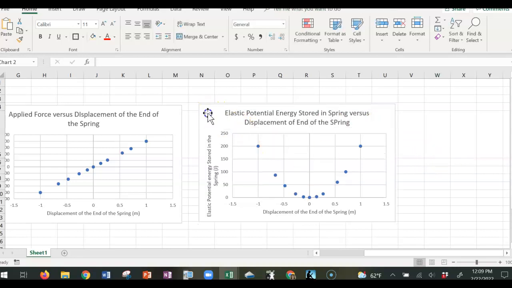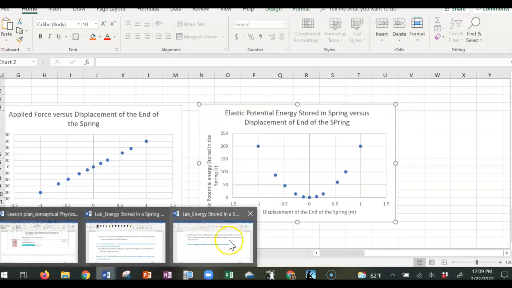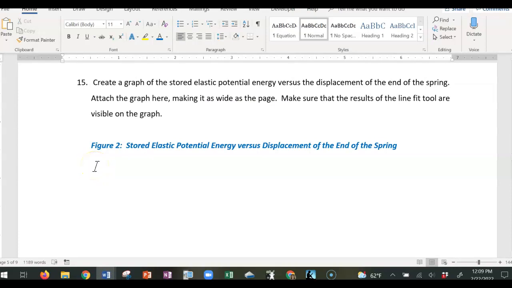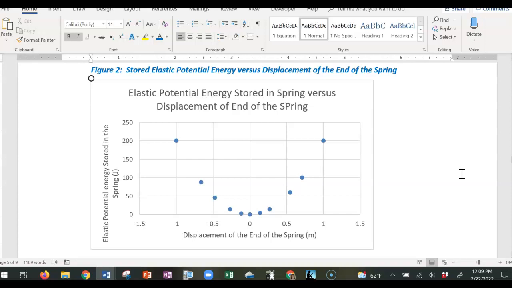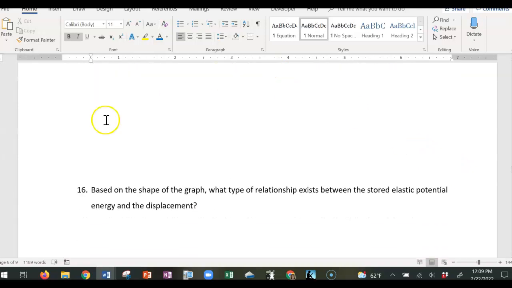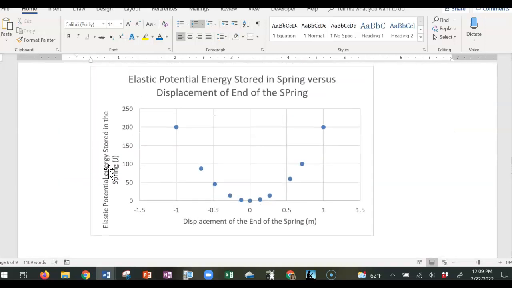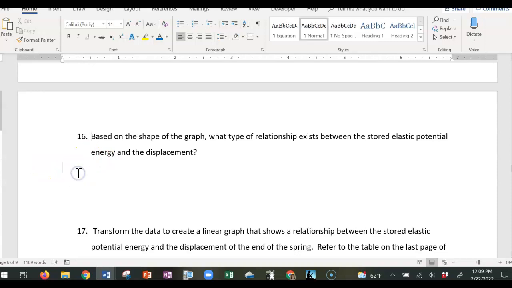We probably want to copy this graph, and let's put it into our report as figure 2. Okay, so that is the stored elastic potential energy versus the displacement. Now it's going to ask me what kind of relationship we have here. If you look at that graph, it's shaped like a parabola, right? We can really see the shape of this as a parabola. So I'm going to say here,